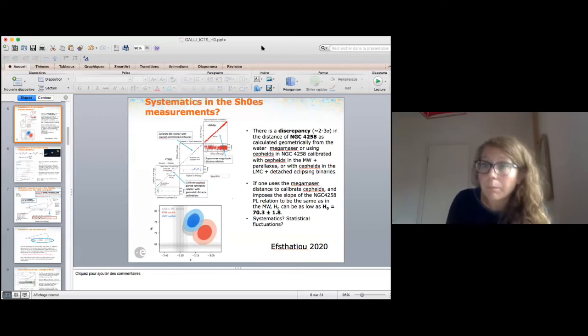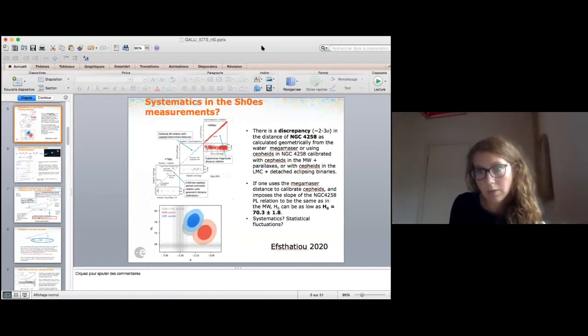However, the possibility is that the distance to the megamaser is wrong. There are 5 anchors that tell us about the Cepheids, and NGC 4258 is only one of them. And it's the only one that gives you such a low value of H0, with this additional caveat of you